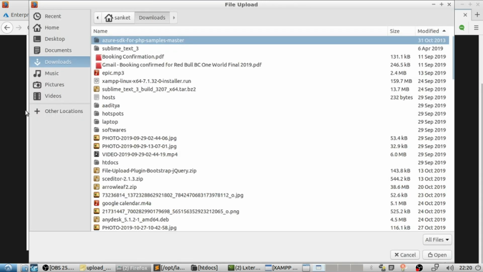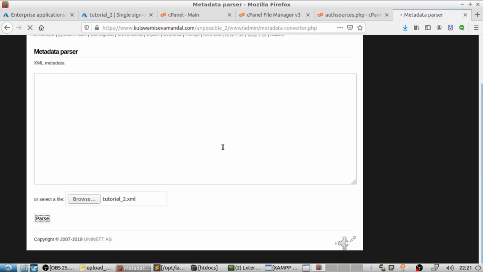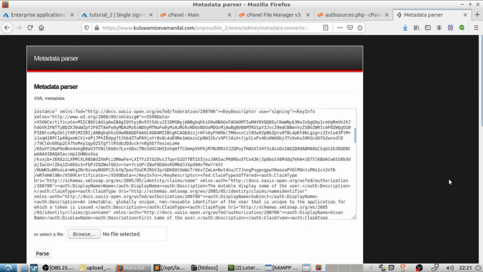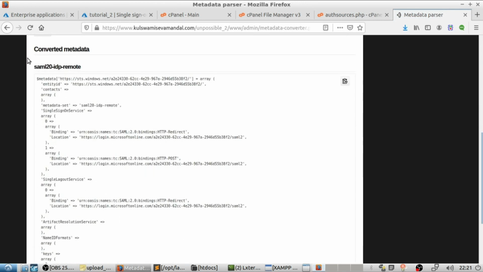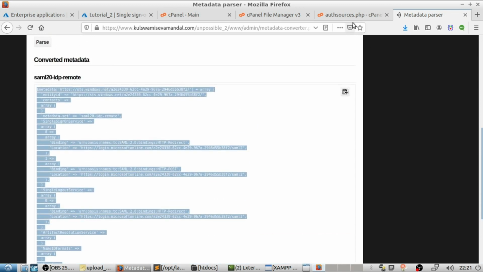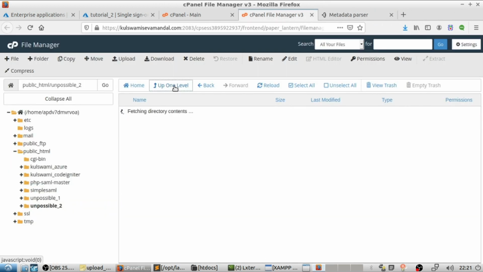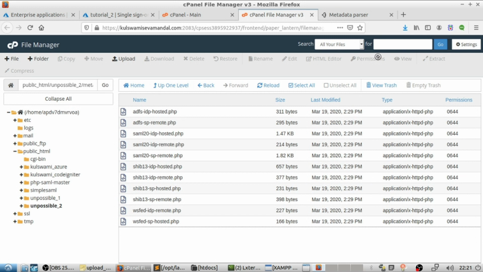Browse the downloaded XML file and click on parse. Now scroll down. Here they provide you the PHP code and tell us to paste it in saml20-idp-remote file. Copy this code, go to cPanel.